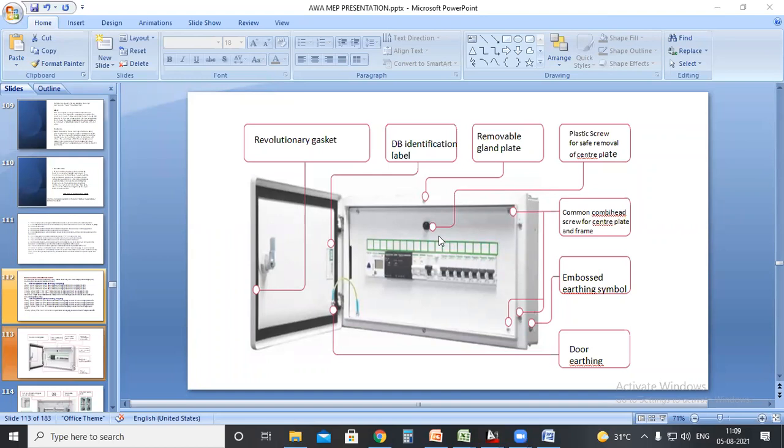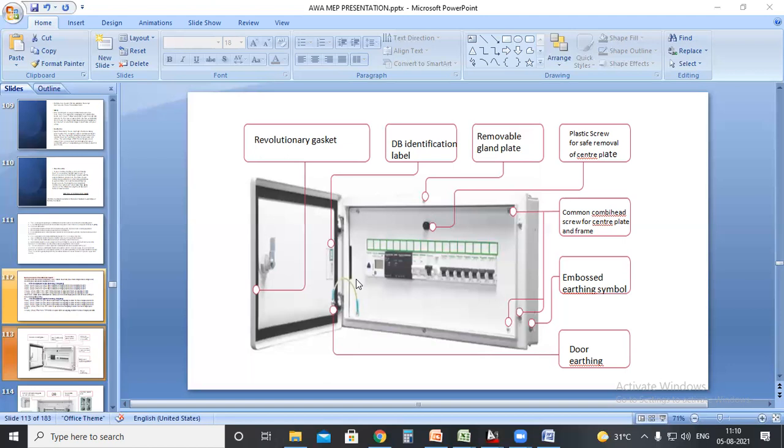You can see a single layer having an incomer RCCB or RCBO with individual circuit breakers. This one might be R, Y or B, we don't know. It is coming from the nearest utility pole. So you are getting phase and neutral coming to your building and going to the energy meter utility service area. From that area, you will have the distribution board. In this distribution board, you need to balance because it is only one phase. The main incomer will be an isolator. For any kind of maintenance, you will be switching off the isolator.